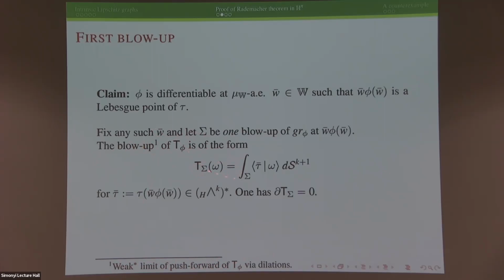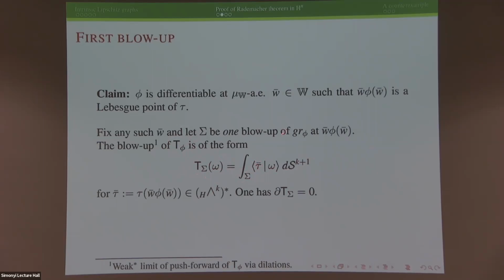What happens? Now, your graph is approaching sigma, is converging to sigma. You can prove that the current T phi on the graph under dilation is approaching some current T sigma defined on sigma, which is again a current that you can recover by integration on sigma. And now the integration is against a